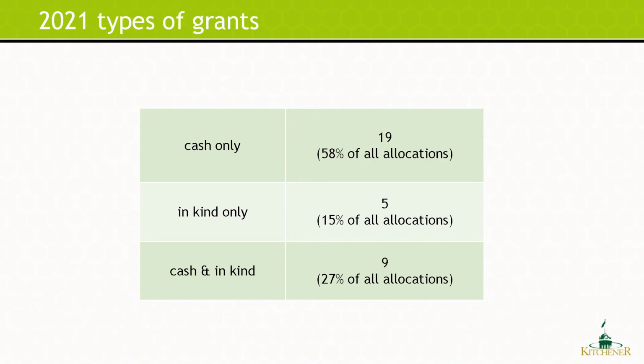This slide shows the different types of grants that your group may request. First up is cash only, and that type is self-explanatory. An in-kind grant is not actual cash, but it has the same value as cash and is used to pay for city services. Your group won't receive a check for an in-kind grant. Instead, city services will be paid for on your group's behalf.